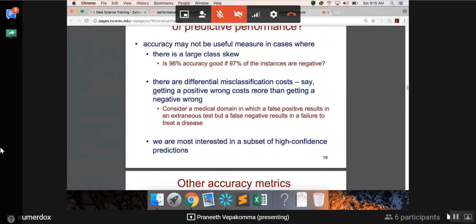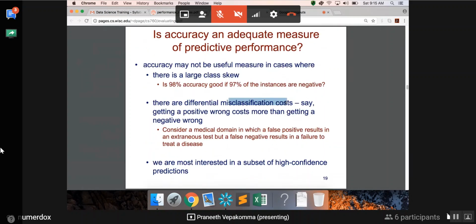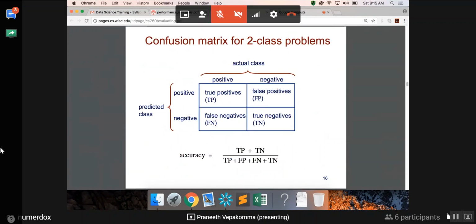Now, there are different misclassification costs. This is another situation, right, where the cost you pay in your society or in real life, in research or your industry for making one kind of mistake may be a lot more than the other. So maybe getting a positive wrong costs a lot more than getting a negative wrong, right? So, for example, in this situation, if you're talking of HIV,